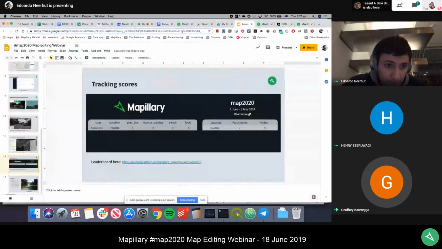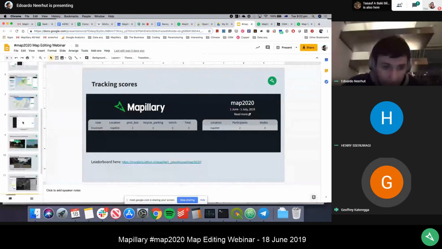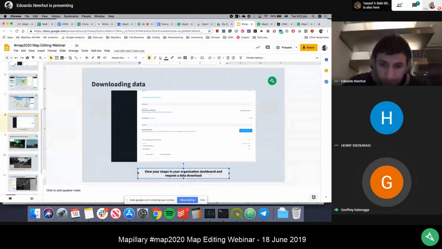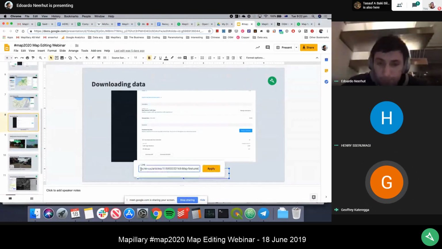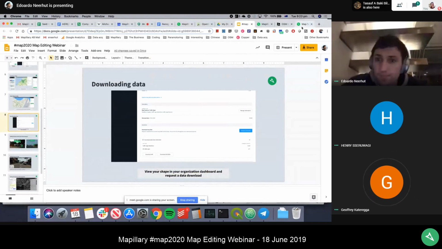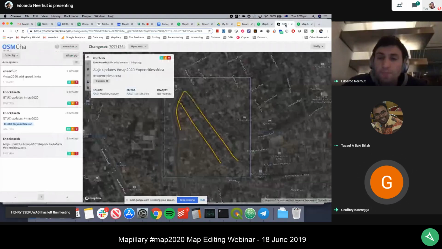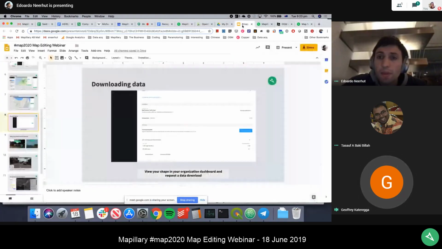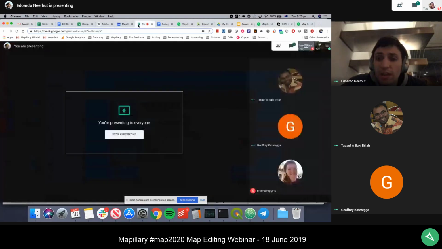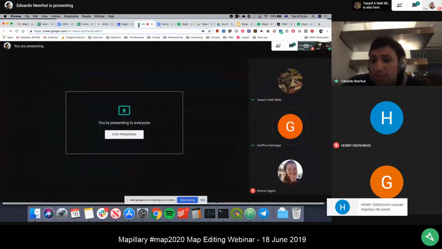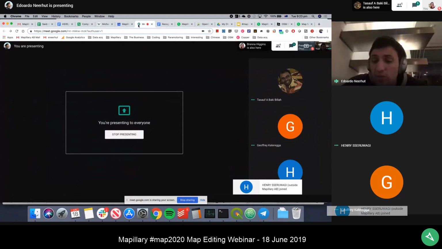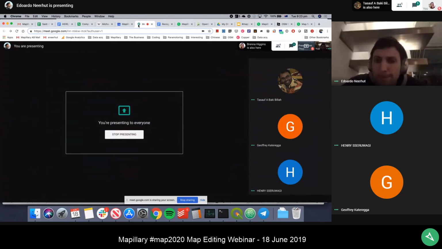And I think just one more question. Do we have access to only the data that we have collected as part of MAP 2020, or do we also have access to the data that's already existing? I mean, when we are trying to get data into OpenStreetMap. Yeah, you'll have anything in your shape. So anything in that area of interest, whether it's imagery that you've collected in June or imagery you've collected a year ago, you can download all the data in that area. Okay, and